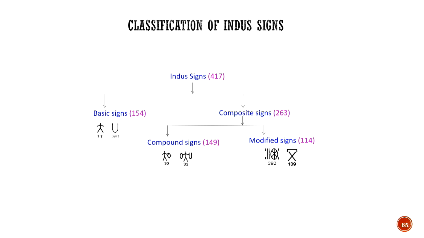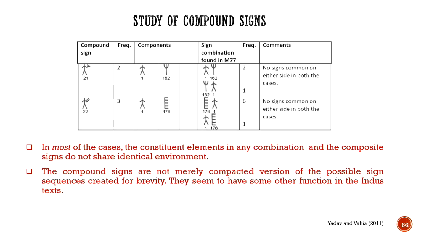Then using these design elements, we can have 2 different categories: compound signs, which are simple additives of these basic signs, and the modified signs, where apart from having 2 or more different signs, they also are modified with some sort of these modifiers which were identified. So we then did a study of the compound signs